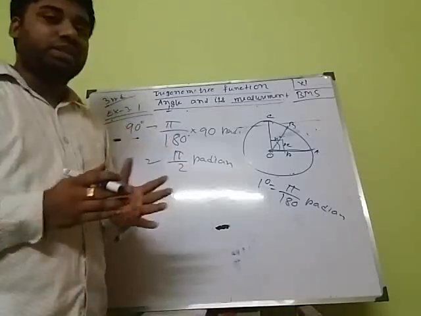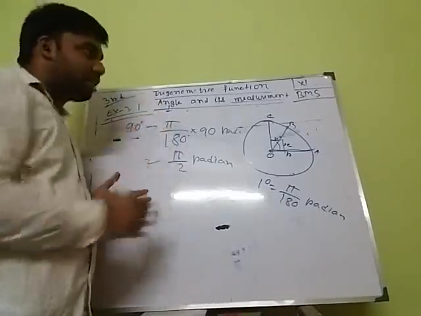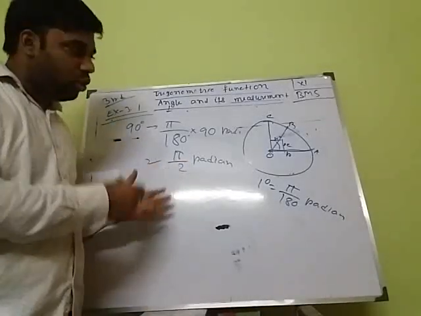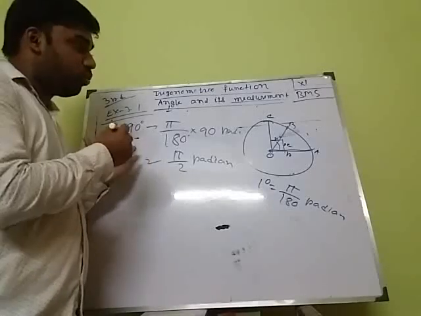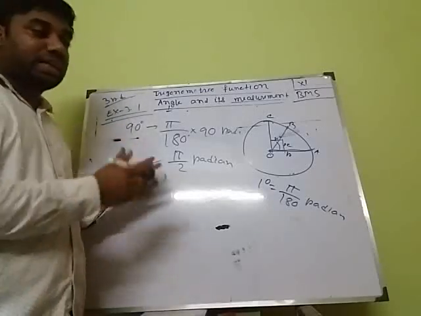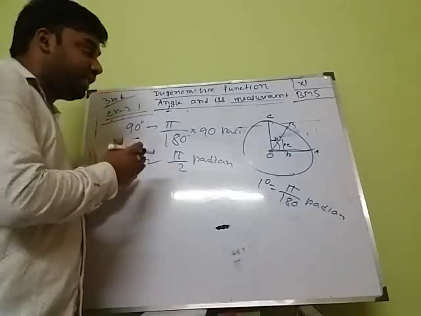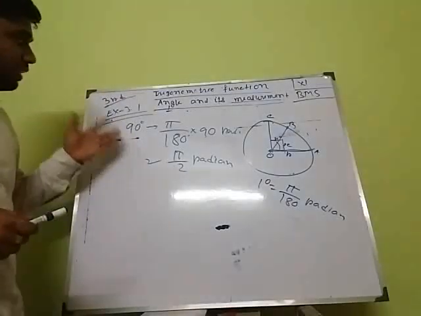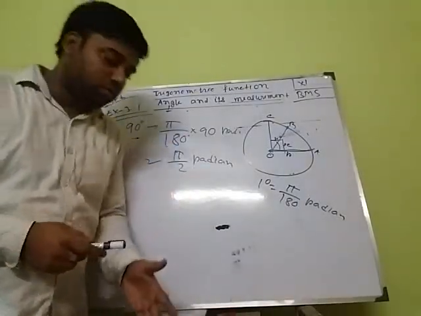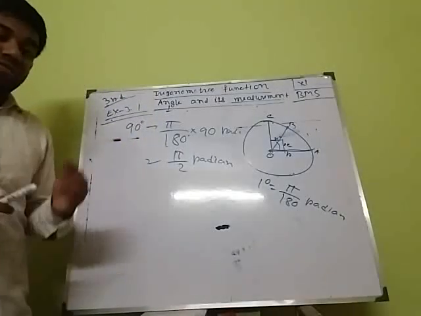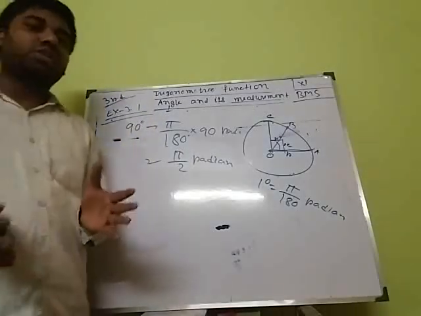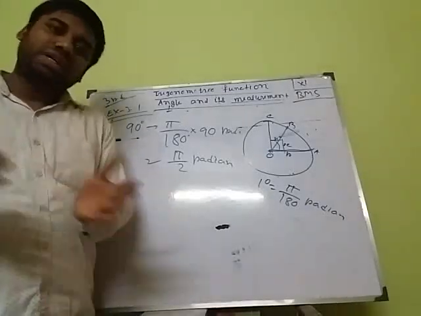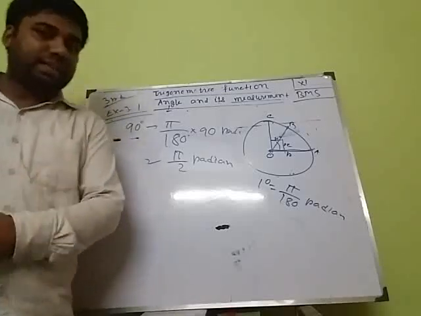And the third system, which is very important for us, is the circular system. The unit of the circular system of angle is 1 radian. Next we discussed how much 1 radian is, the relation between degree and radian. Then we converted all the standard angles into radians. The first exercise is based on the conversion of degree, minute, second to radian, or radian to degree, minute, seconds. We will solve it in the next class.